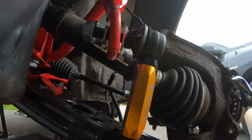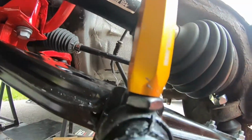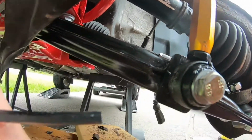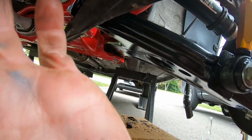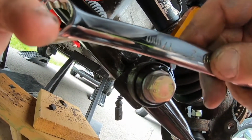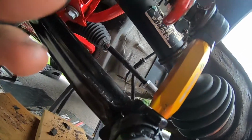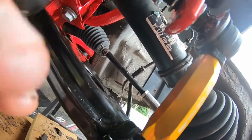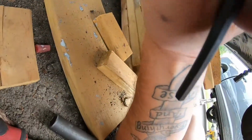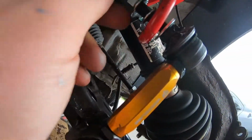Okay guys, so we're getting close here. Again, now I'm just gonna do the end link, try to adjust it the best I can. So I got myself a 5mm Allen key and 17mm, just because the nuts that Whiteline supplied here are 17mm, and then very basic. Same thing with taking everything else off on your OEM suspension. This little guy